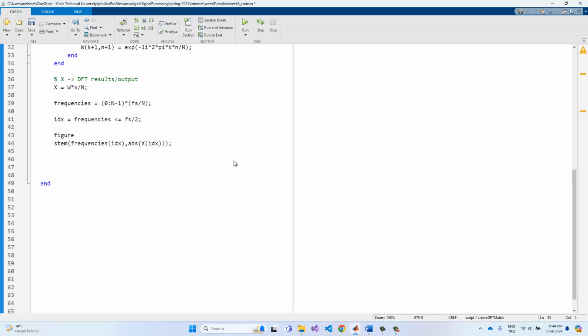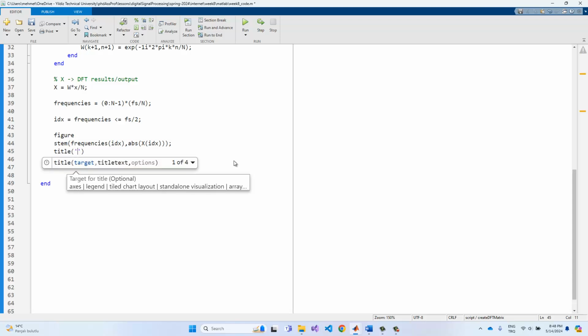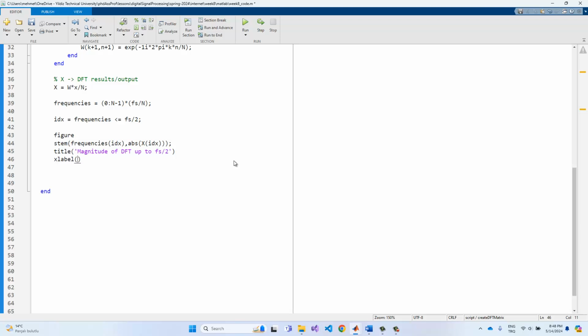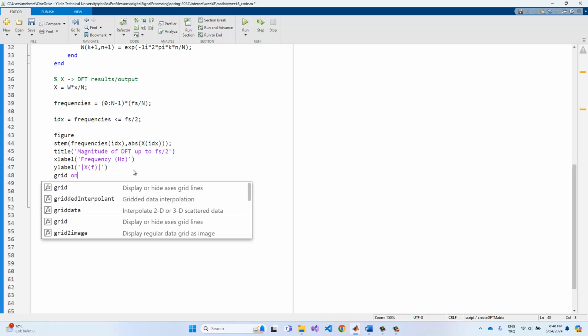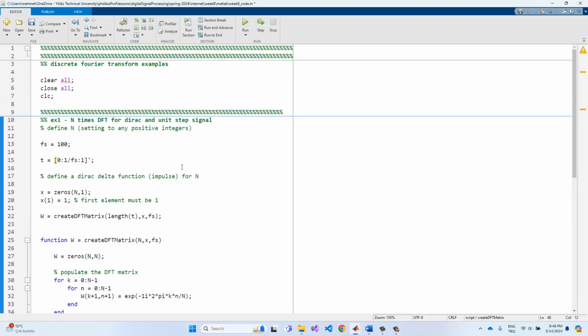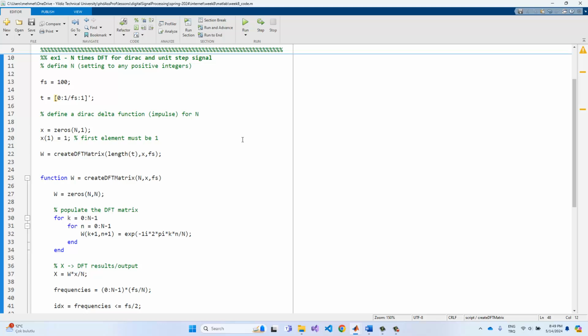Okay? And so this stem is given in terms of such a line with the points. Okay? This is a special figure. And so the title is magnitude of DFT up to fs divided by 2. Okay? And so the x label can be assigned with the frequency values in hertz, and the y label should be assigned with the absolute value of these terms, X f, but in the absolute form. Okay? These are the code for these things, and so the grid on should also be called in here, just like this one. And so if I run this code, and then we will have